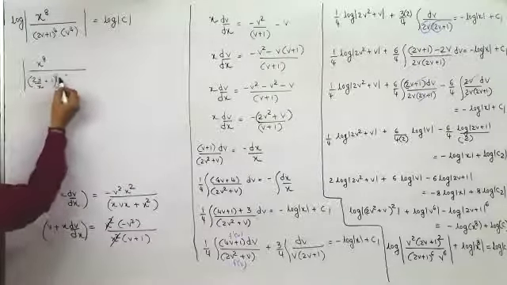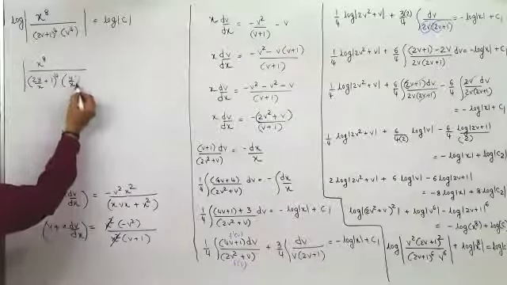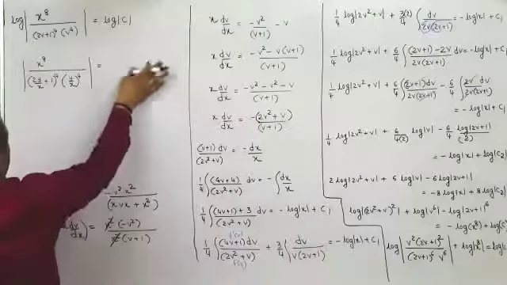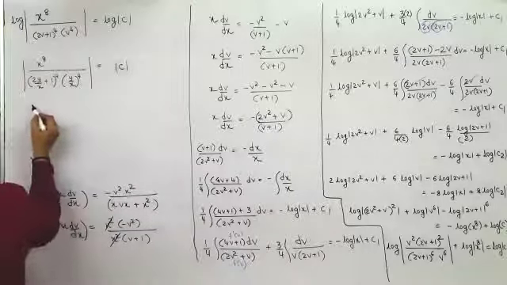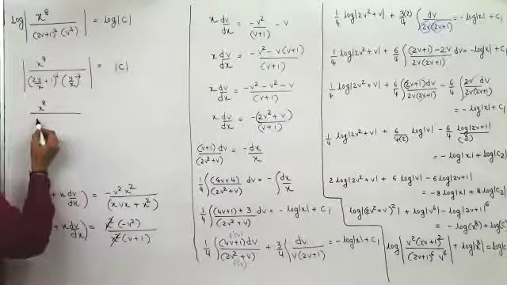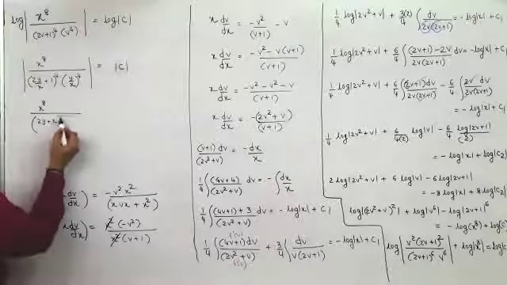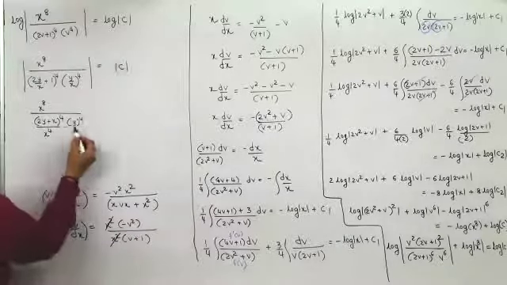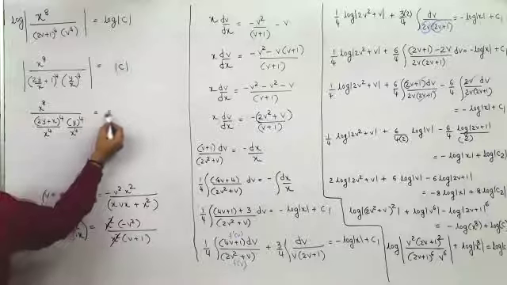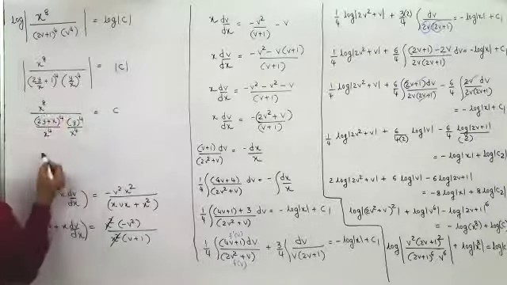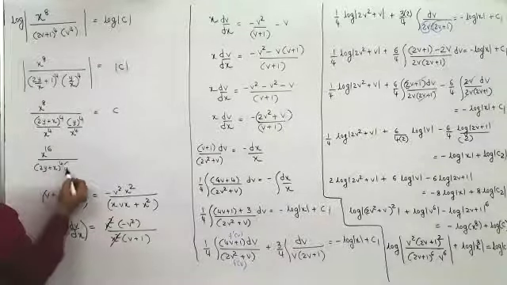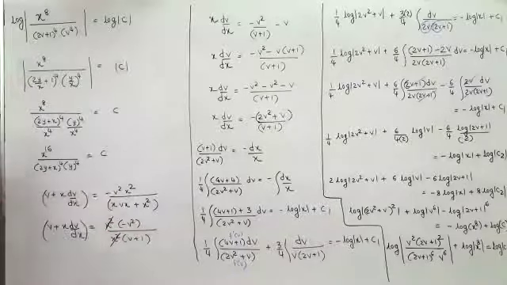The only dirty problem in this particular topic, and that has been put here, y by x raised to 4, and this would be equal to log of c. Now this is x raised to 8 upon 2y plus x raised to 4. Here x raised to 4. This is y raised to 4 upon x raised to 4. And this is equal to constant. This goes up. It becomes x raised to 8. This is x raised to 16 upon 2y plus x raised to 4 into y raised to 4 equal to constant. Now you can take the fourth root on both the sides.